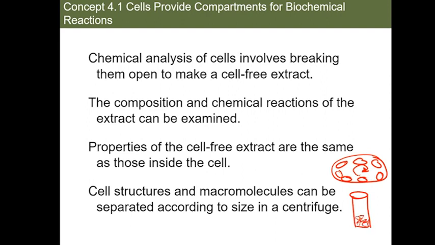So this is your big stuff, and then you'll have tinier things like lysosomes, proteins, and things like that, and then you'll have much smaller things on top, and then you'll just have a layer of liquid on top of that. So it goes from bigger to smaller as you centrifuge it. So they can see the ratio of